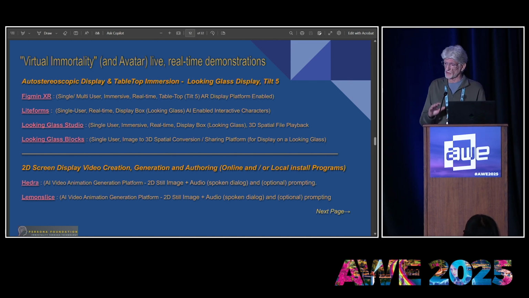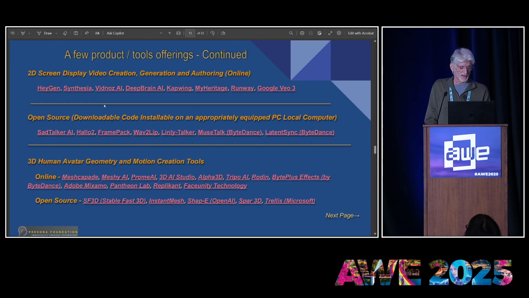And then we've had this rush to AI to create simulated people jumping and dancing and talking and smiling and lip-syncing to audio. Hedra, Lemon Slice, and a half a dozen other platforms have incorporated all new AI models to allow people to prompt with images and text and video to resurrect their loved ones or themselves or famous celebrities doing or saying things they should or shouldn't be doing or saying. And some of the products that are very important in this area are listed here.